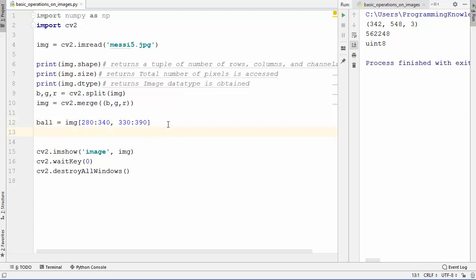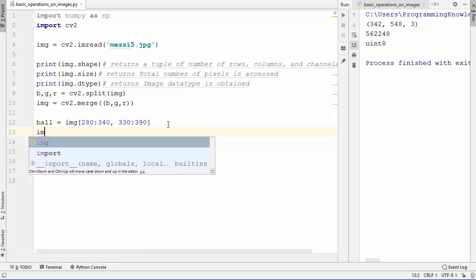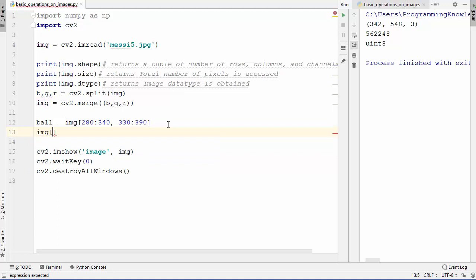So what we can do is we can once again use img, and using those NumPy indexing features, we can place this ball at some other place. So let me just give those indexes here. So let me give 273 colon 333. I have already tested this code, so that's why I know exactly where I want to place